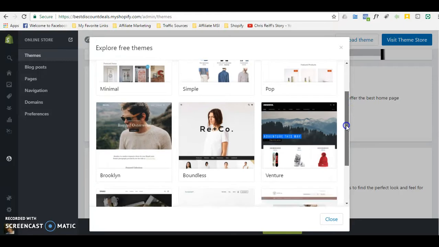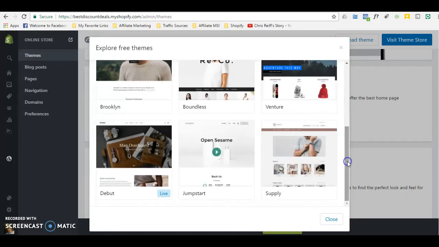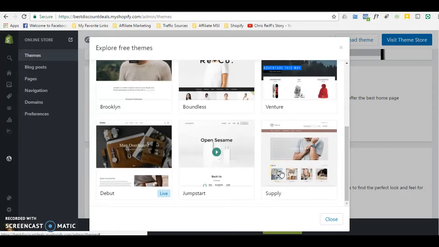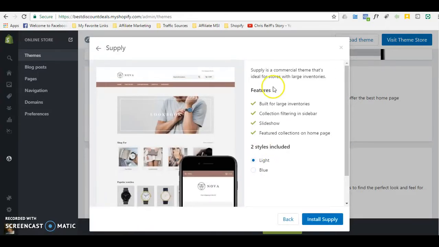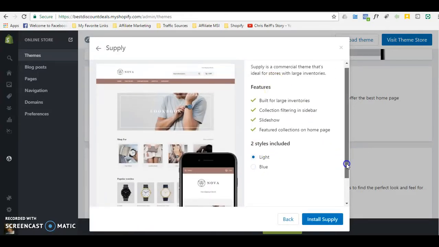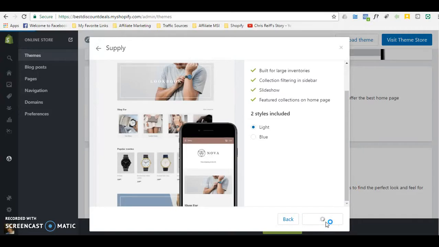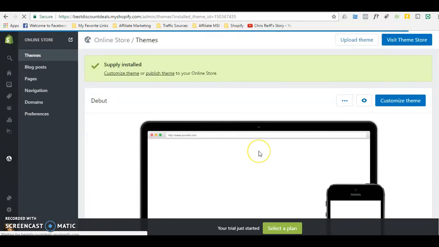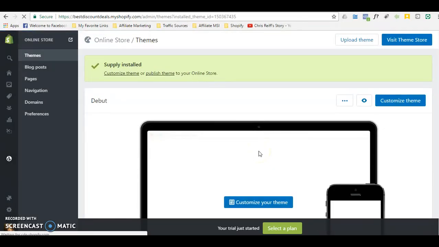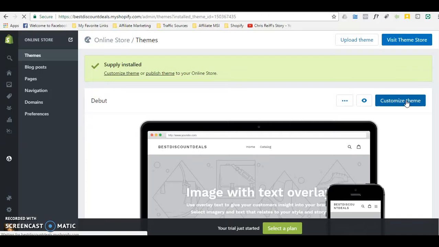But one of the themes that I would recommend here, which I found very useful, is the supply theme. You simply click on supply and install supply, and then once you have installed that, I'll just go through with you what you do once you have installed it. Okay, so once the theme is installed, you can then go to customize your theme, and you're customizing your theme so that you can take some time to